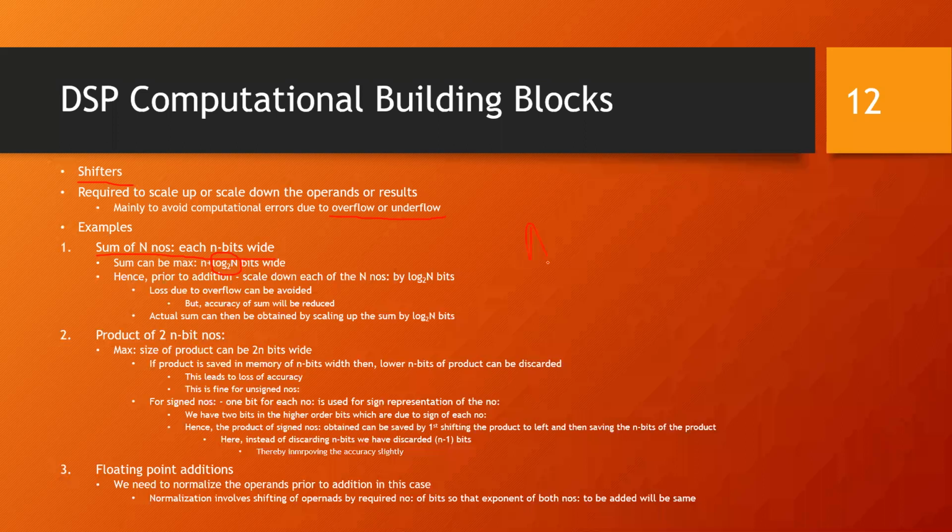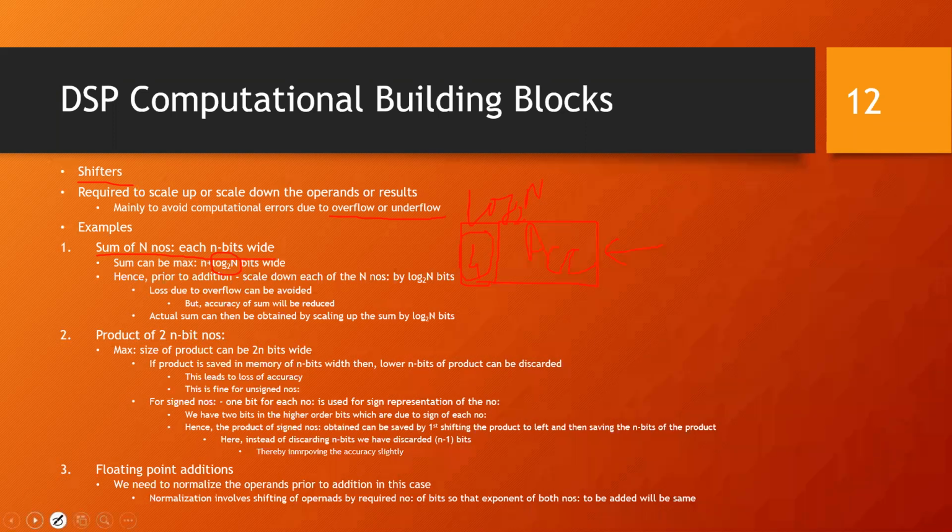So suppose you have an accumulator and you are adding some 10 numbers along with that, so the sum can reach more than 10 bits. Additional bits will be log 10 to the base 2. So here around 4 bits excess would be produced. So your accumulator should be such that it should be able to cater to those 4 bits, or in short, it is log n to the base 2. So these many extra bits should be there.